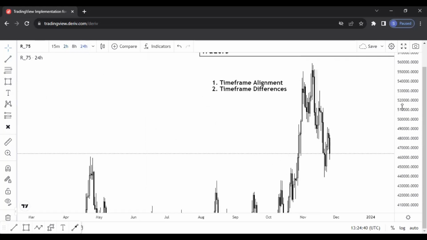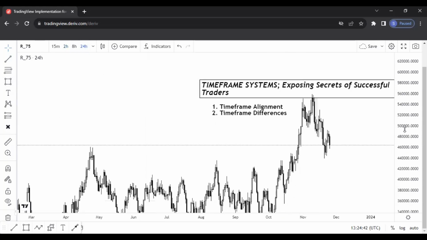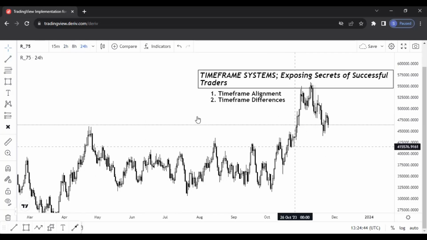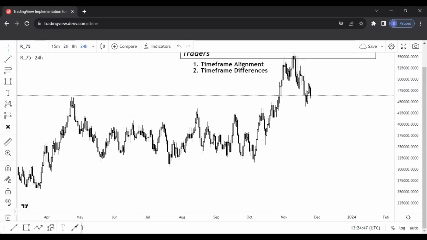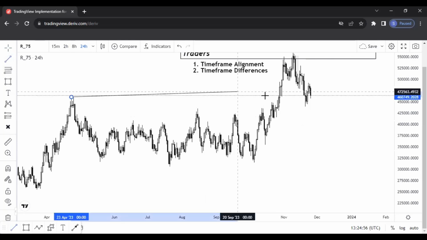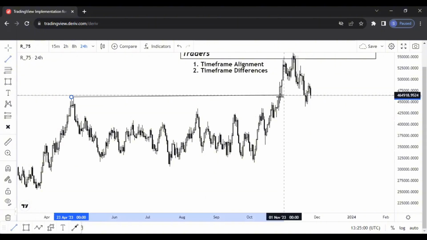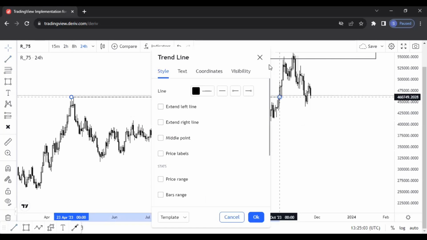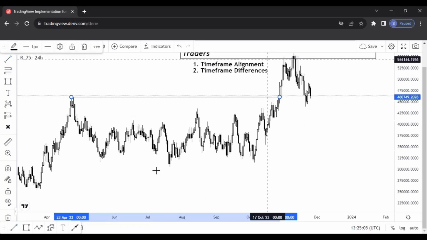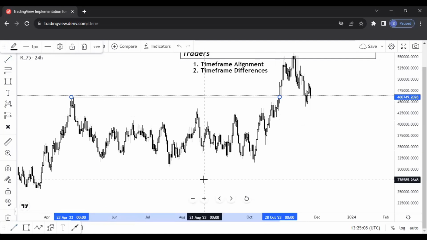Mark out the current structure of the 24 hours time frame. You can see we have our last PMS to the upside on the 24 hours time frame. Now, if this is in an uptrend on the 24 hours time frame, it simply means any down move on the lower time frame is a correction move until we come back and break our 24 hours time frame structure. So whatever lower time frame structure you are seeing that is contrary to the 24 hours,